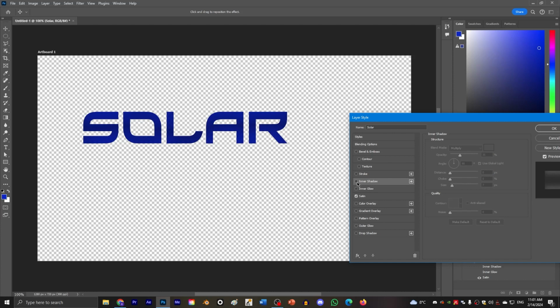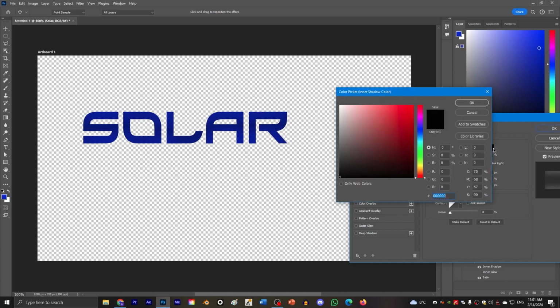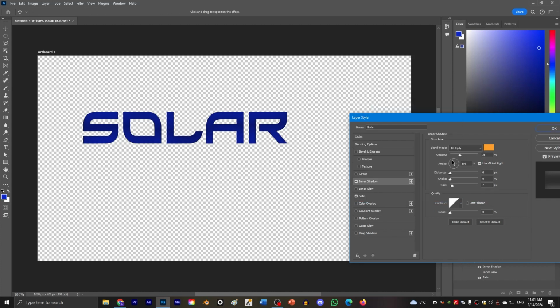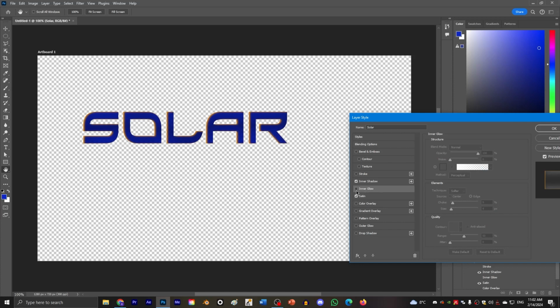I also used inner shadow for creating that yellow outline, and I even used some inner glow. Be sure to change the blending modes, the colors and the size. There are some more stuff that you can add to a text, like bevel and emboss, and even a shadow.